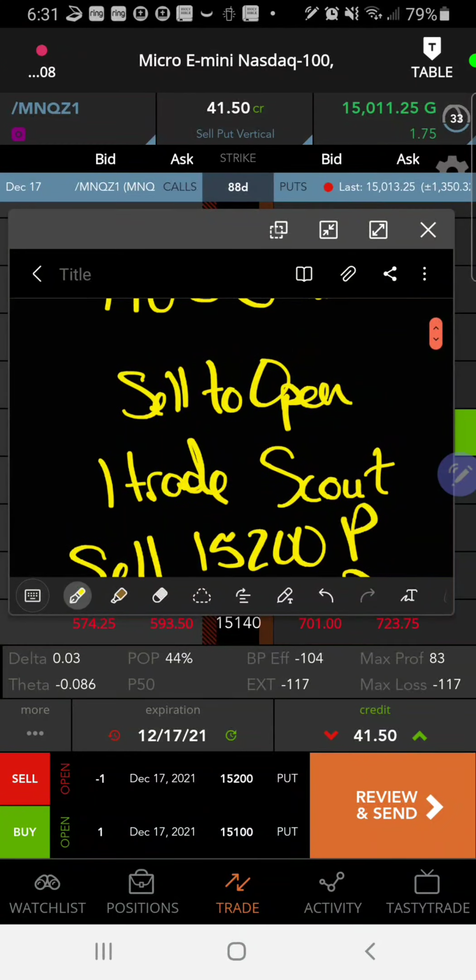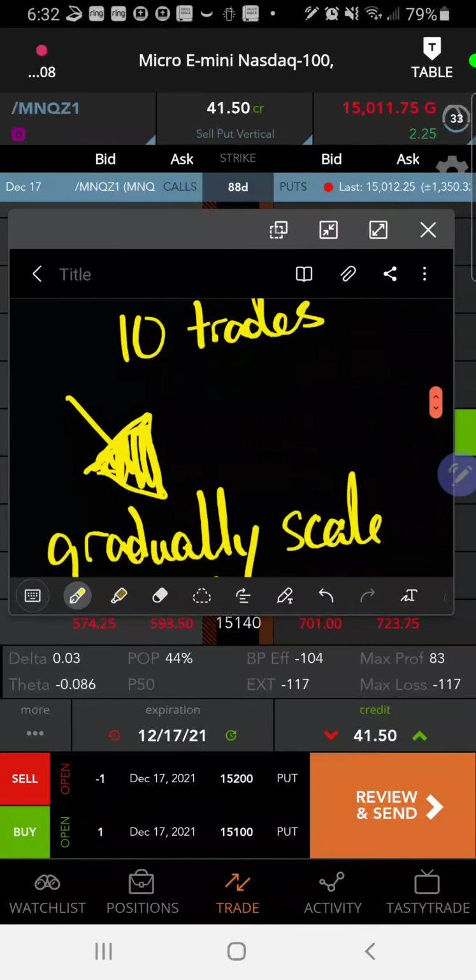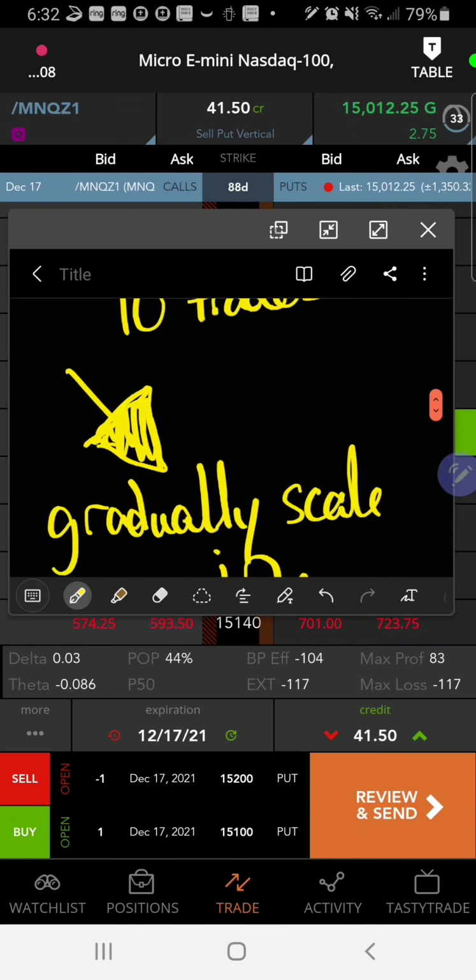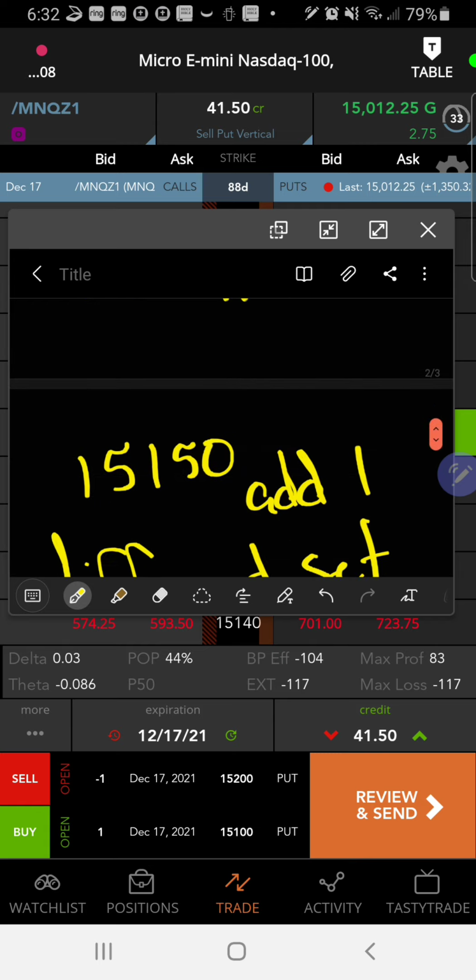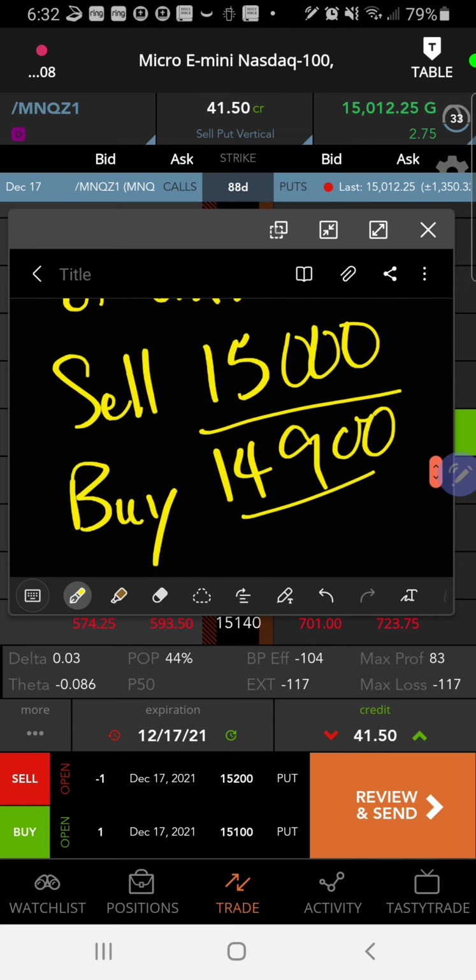If I give myself enough time, I'm selling to open. I'm going to make money each day that it passes anyway, because I sold a coupon to somebody that is expiring. And because it's expiring, it's losing value each day. If it's losing value each day, then I'm making money because I could potentially buy it back for less than what I sold it for. That's the bottom line. But anyway, gradually, I don't want to say I recommend. I gradually scale into trades, and I gradually keep going further and further.